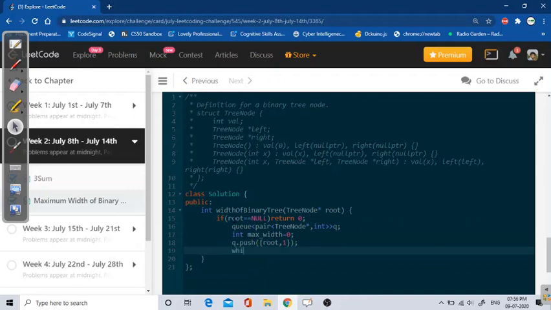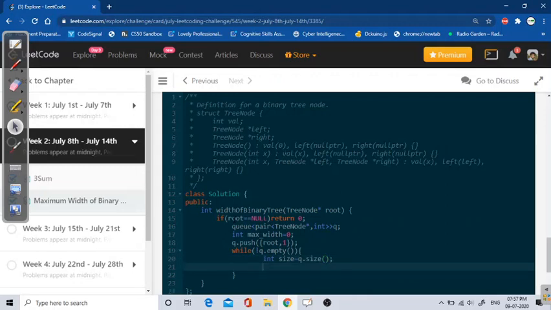After that we will loop till my queue is not empty. First of all we have to find the size of the queue. Right now I have size 1, but we will find size, so size will be q dot size.